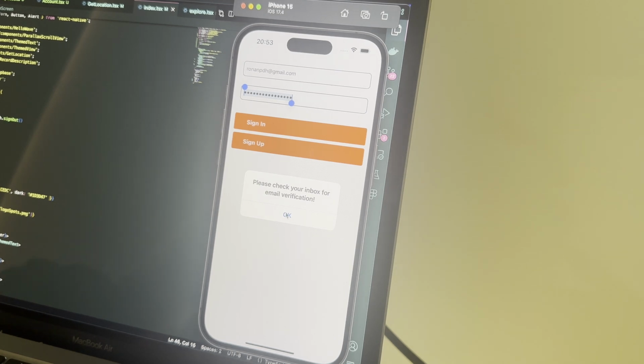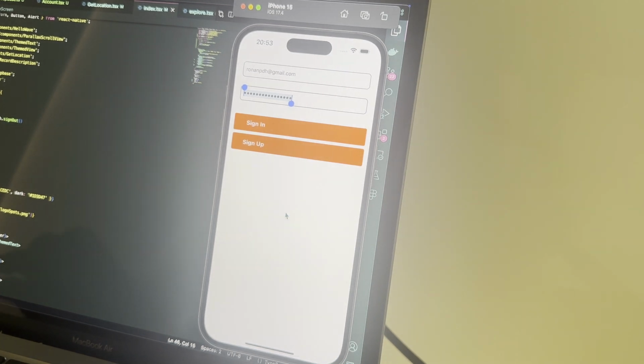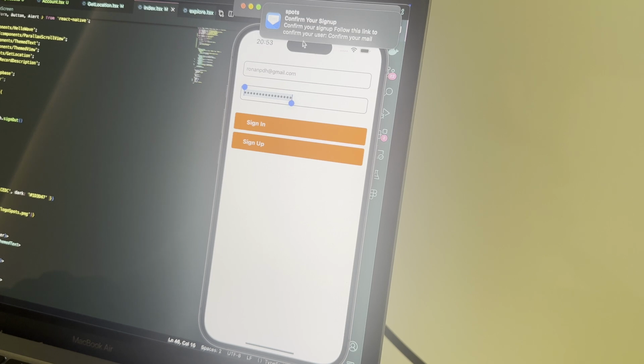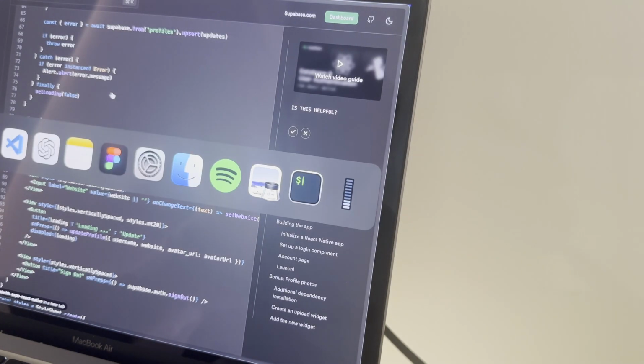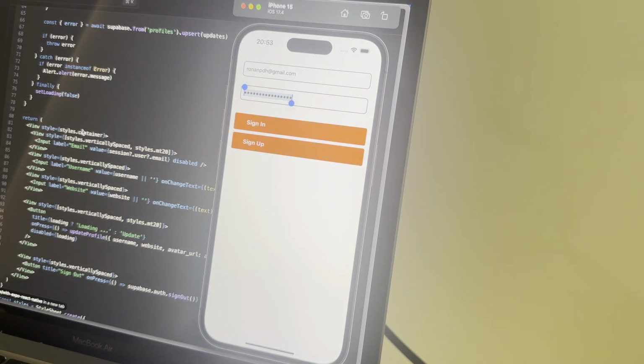There we go, we got sent the email verification. I have integrated this with Resend, so this is pretty cool. We just confirm. At the moment it doesn't go anywhere because I've not set up the redirect URL, but when we